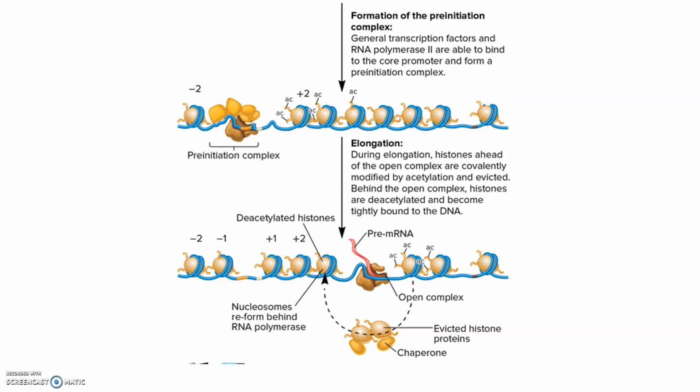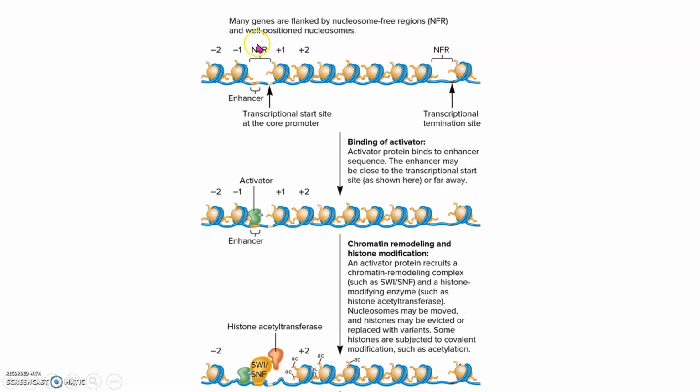Okay? And so now, as our polymerase moves along, those histones in front of it have to be removed. So this adds another layer of complexity to transcription. So we have this nucleosome-free region around our start site and our enhancer, our regulatory binding sites. And our activator comes in, and then our activator is going to recruit